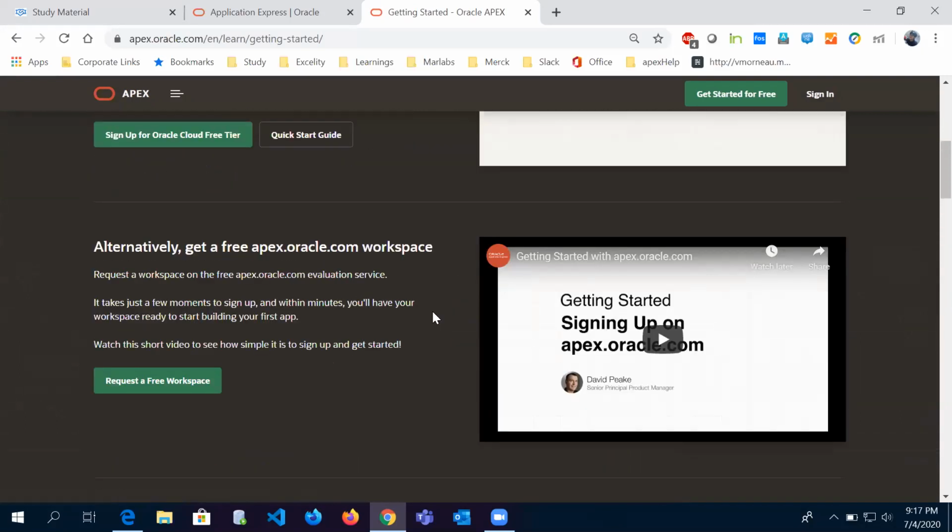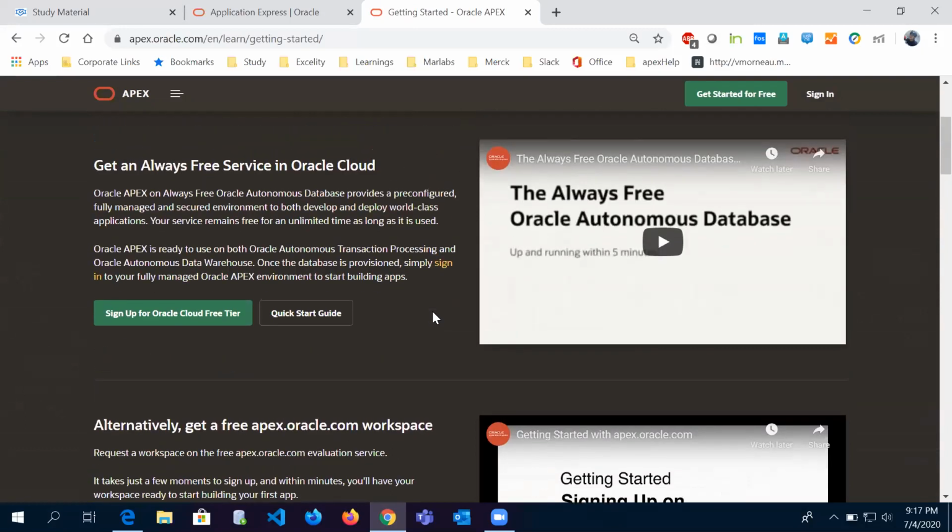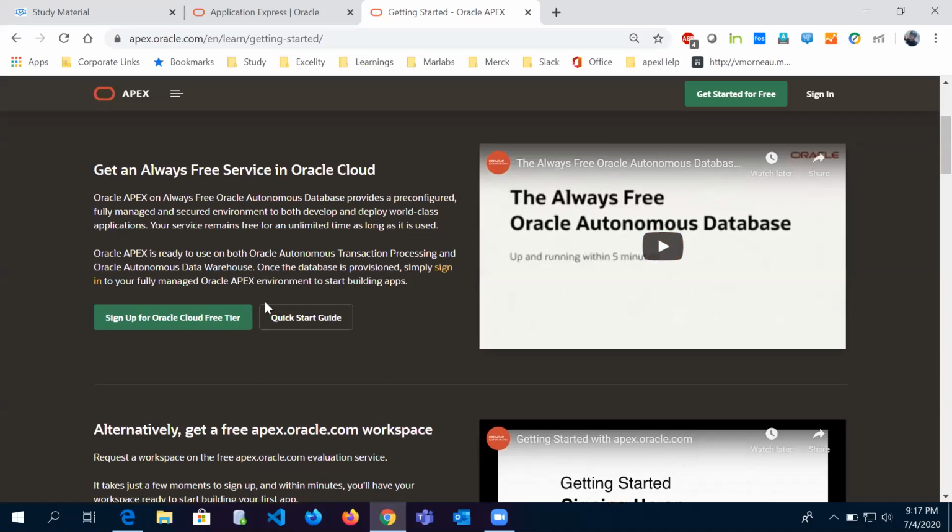If you know about Autonomous Database, this is again a free Oracle cloud environment where you can create your own database. That is Oracle Autonomous Database. This is a self-managing database. It can secure itself, and there are a lot of backend IT people on the Oracle side who will maintain your database if you open an account in Oracle Autonomous Database. For that, you have to create an account there.